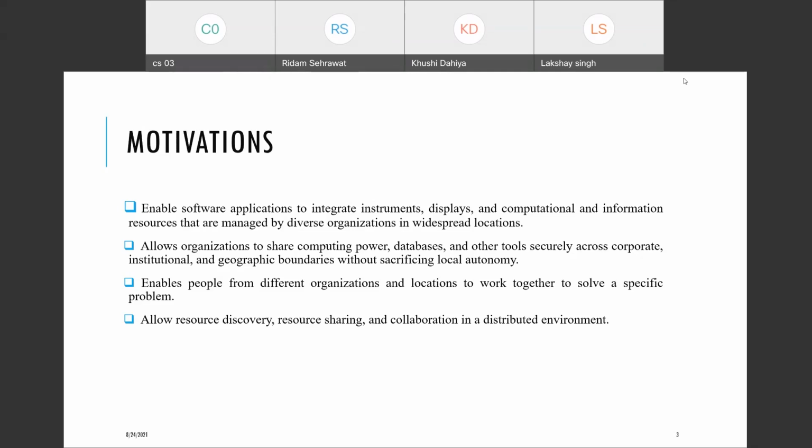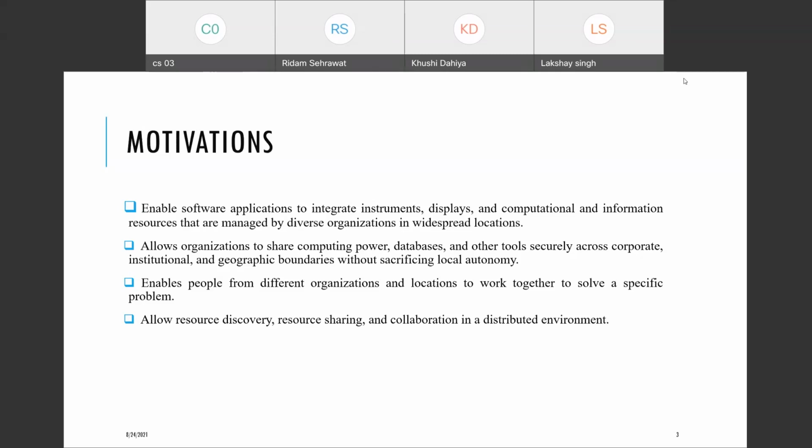Fine. So whatever you are doing or plan to do, you are inspired by some things. You are motivated by some things. So same here when we are using the grid. So what are the motivations that we opted for grid computing? A few motivations I have noted here. So the first one is whenever we are having your grid, your grid is allowing us that we can